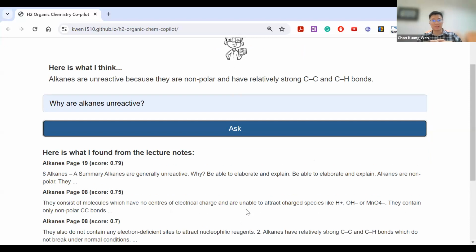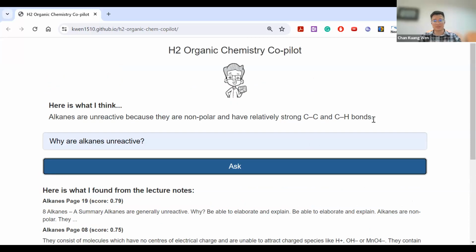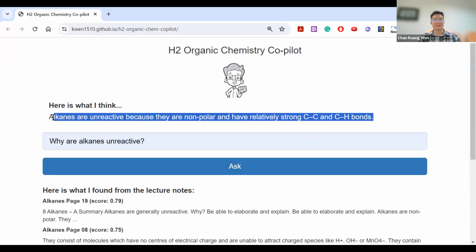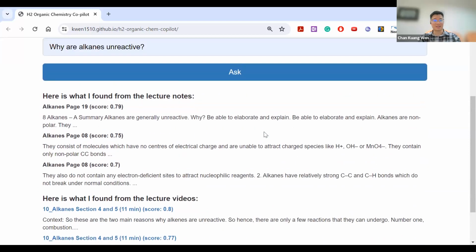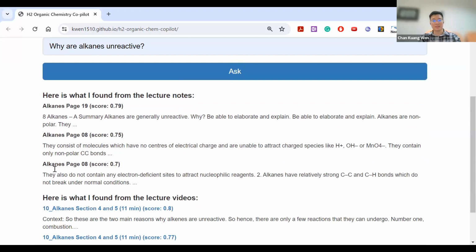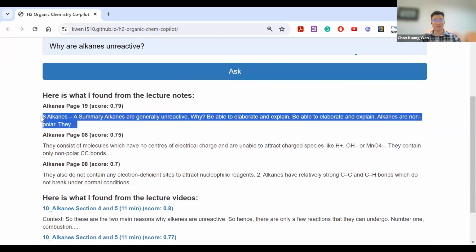Nowadays people call that the retrieval part of RAG. The generation part is something that I've just thrown into it. But what I'm more interested in are the parts at the bottom. Over here, it will tell me which page of the lecture notes I should find these items. It will give me a short snippet of what that paragraph is about.